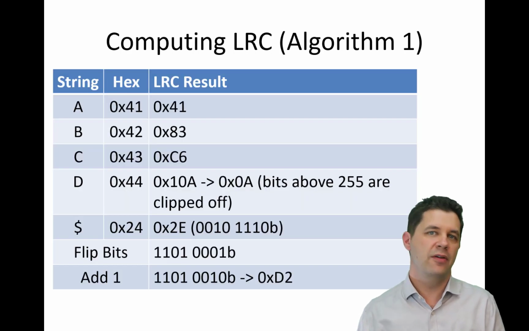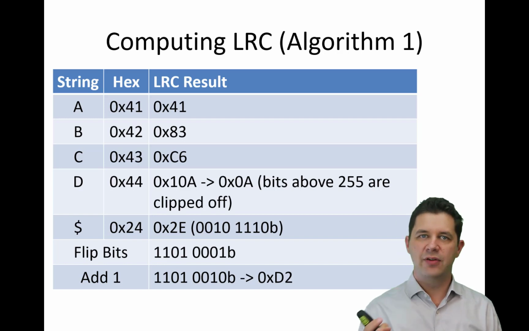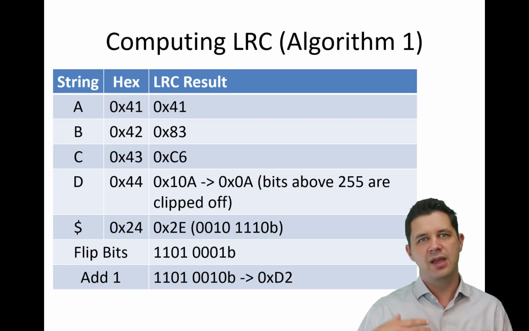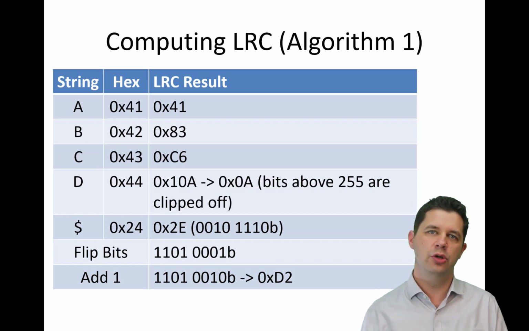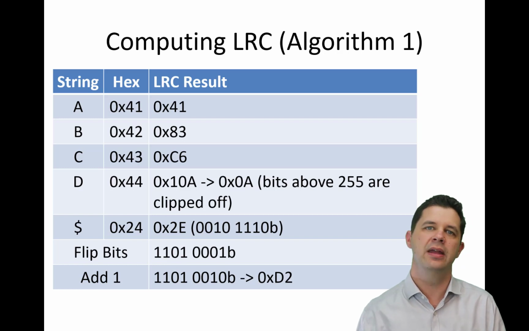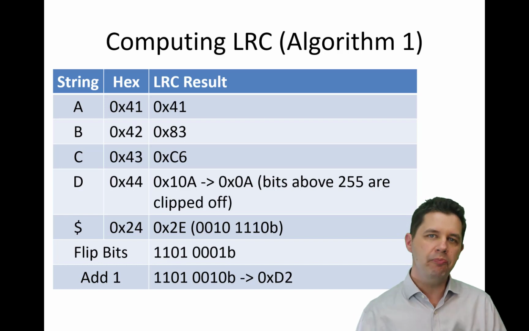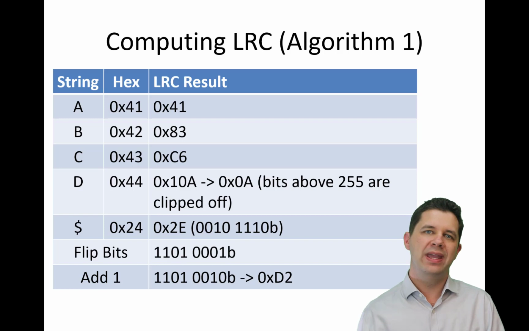Now, here's some examples of how it plays out in practice. So if we've got a string that we're going to send, which is A, B, C, D, $. We start with A, which in hex, if you look in an ASCII table, is 41. And our LRC result at that stage is 41 because we've added A to our LRC. Then we add B to it. So we add 42 in hex to that, which gives us 83. We add C to it, it gives us C6. Then we add D to it, which is 44 in hex. And when we do that, we get